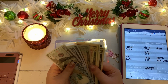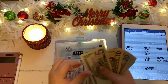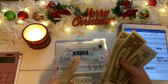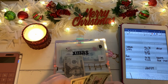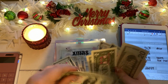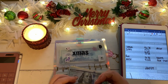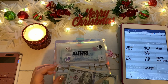So let's see if I can get some of these smaller bills. So we have 5, 10, 20, 40. Maybe I won't be able to. So you have 20, 40, 45, 46, 47. Let's just do it that way. I kind of wanted to get rid of some of these smaller bills, but that's okay. So just to double check, we have 20, 40, 5, 6, and 7. So that is $47